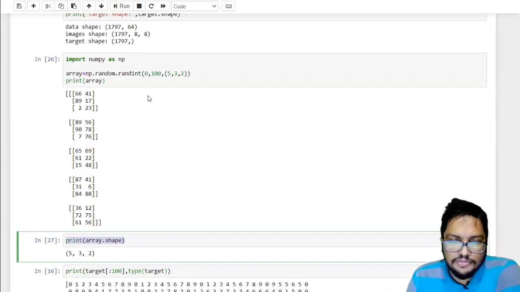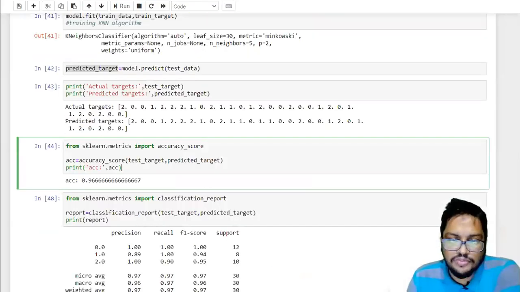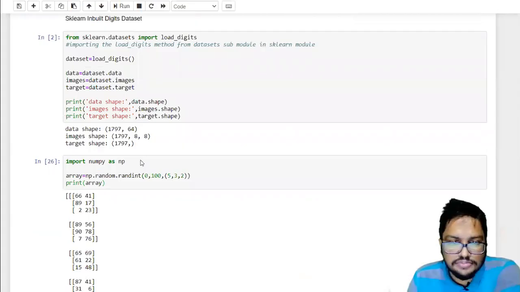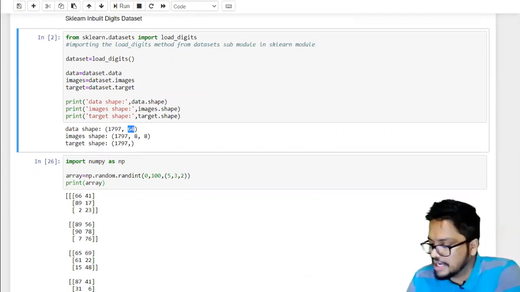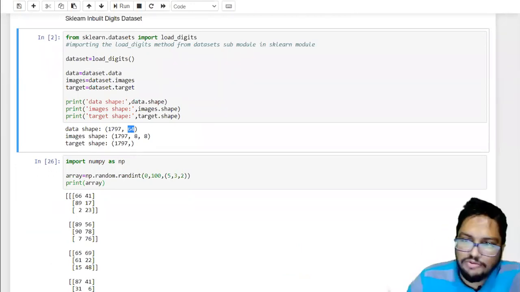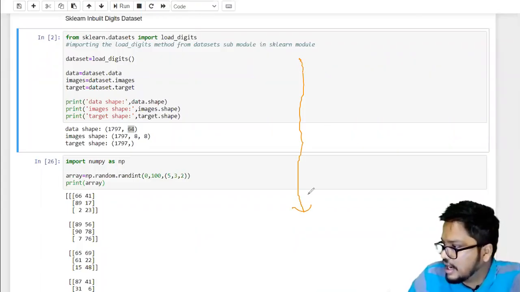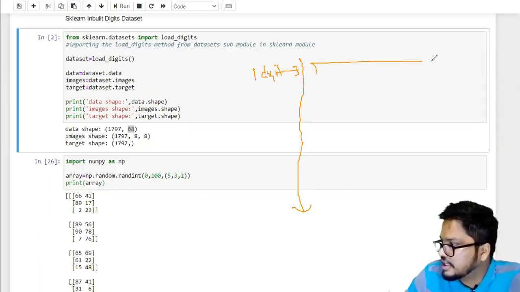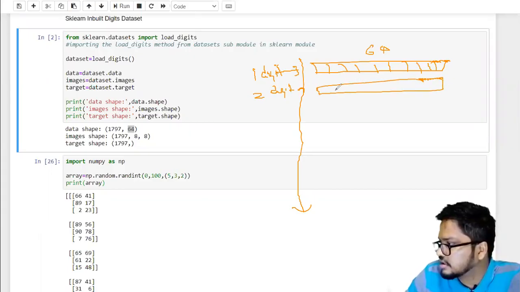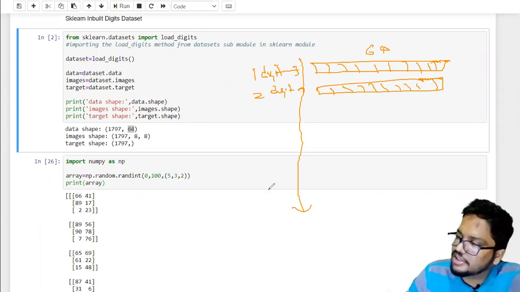So therefore, what does this one give you? It says 1797 rows and 64 columns. That means one row represents one digit, and for each digit you have 64 numbers. And this is the second digit, the flattened version of this, right? So finally you have